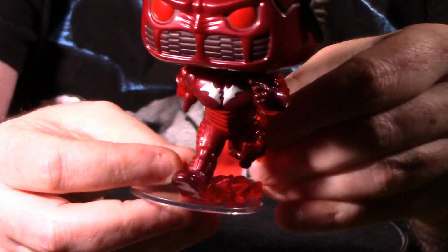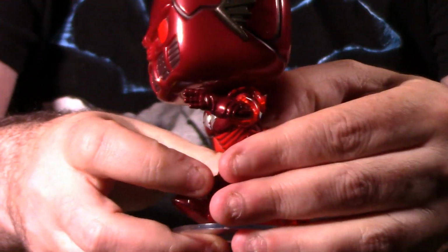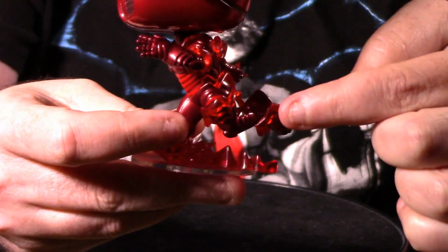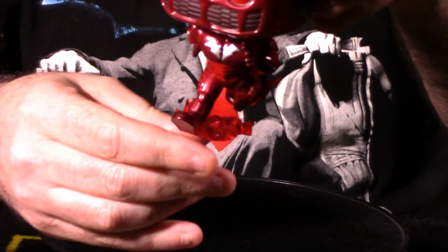Next, if we go down the pop here, is the lightning bolt that's kind of coming off of his arm right here, kind of spinning around over here. This lightning bolt effect trails down this part of the pop and comes down to the feet, this leg here. I'll take it off the stand so you can see what I'm talking about. He has this base lightning bolt right here, which I think is both a positive and negative. It looks really, really